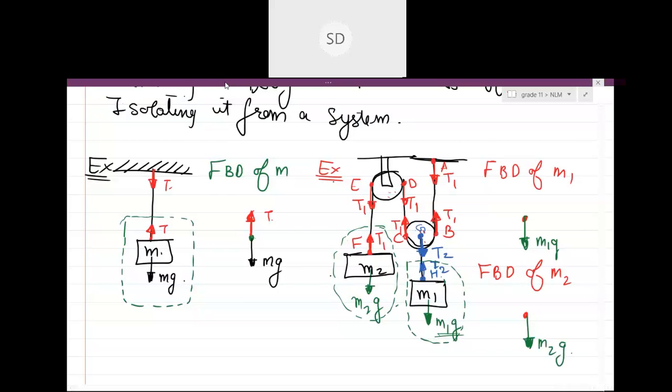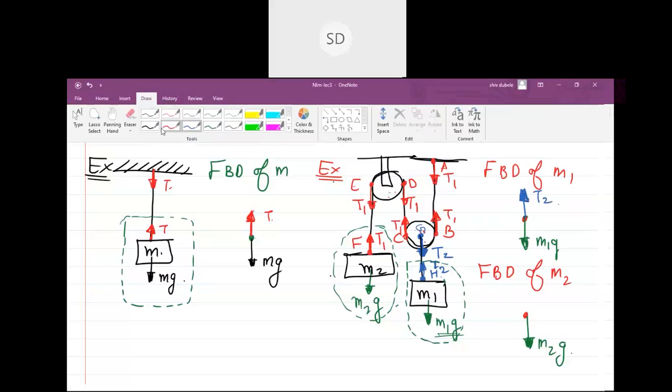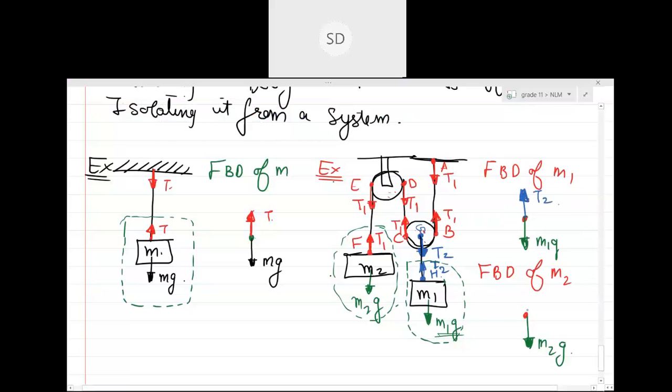What else? Can you see a tension T2 is acting on M1 according to the question? Yes or no? Okay. So tension T2 was acting on M1. And what is the tension acting on M2? It is basically